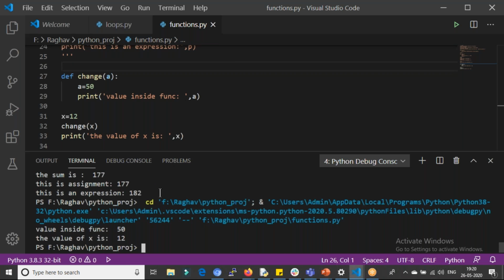Now if I run this, you can see it. Here I go, first value inside the function is 50. That is fine. But over here, if I check it, it's saying 12 only. It's not changing the value of x. Why is it not changing the value of x?